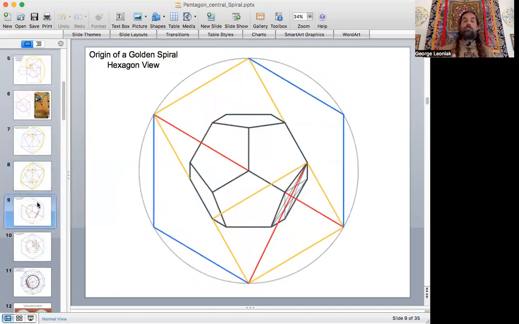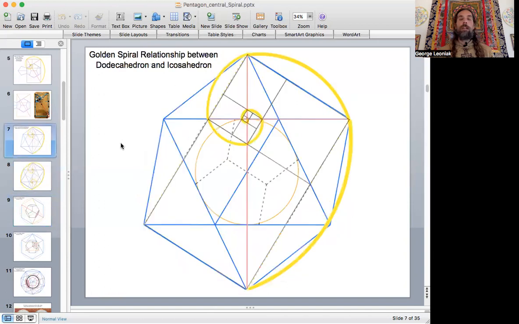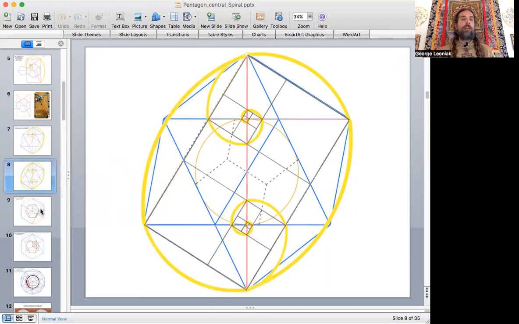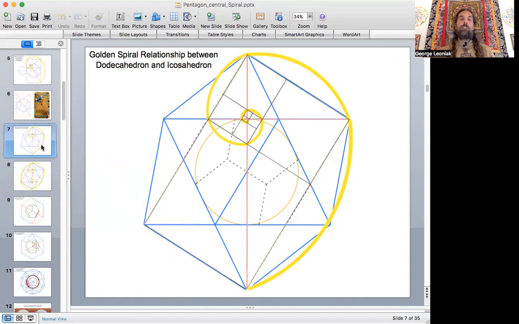But I wanted to also show, to switch up the view a bit, because we've primarily been in what I call the square view. And what I've done with the square view, and this will become important in a moment, is that this is basically taken right out of a square to create the rectangle. What I've done here is I've rotated the image so that the square would be off to the side and the rectangle's off to the side, because this is really looking at the icosahedron from a side view, meaning that